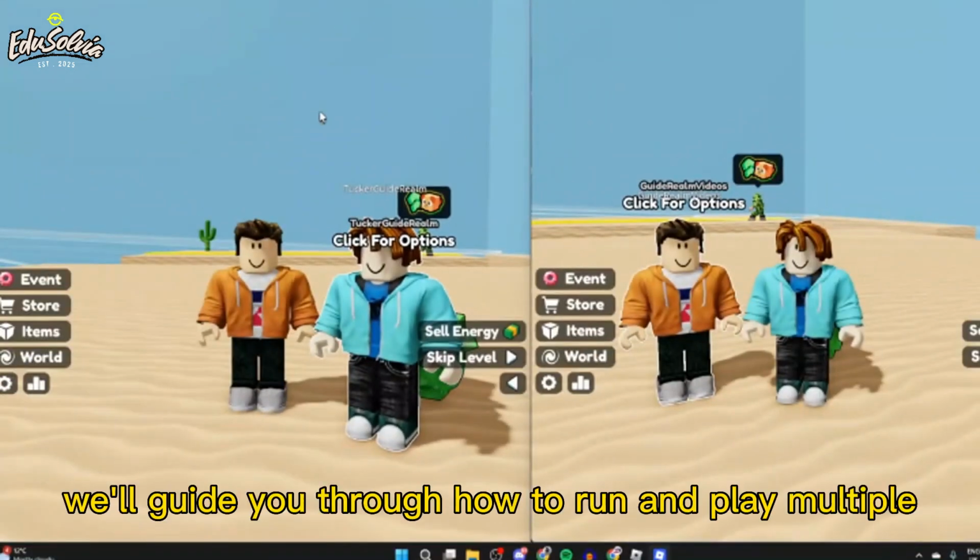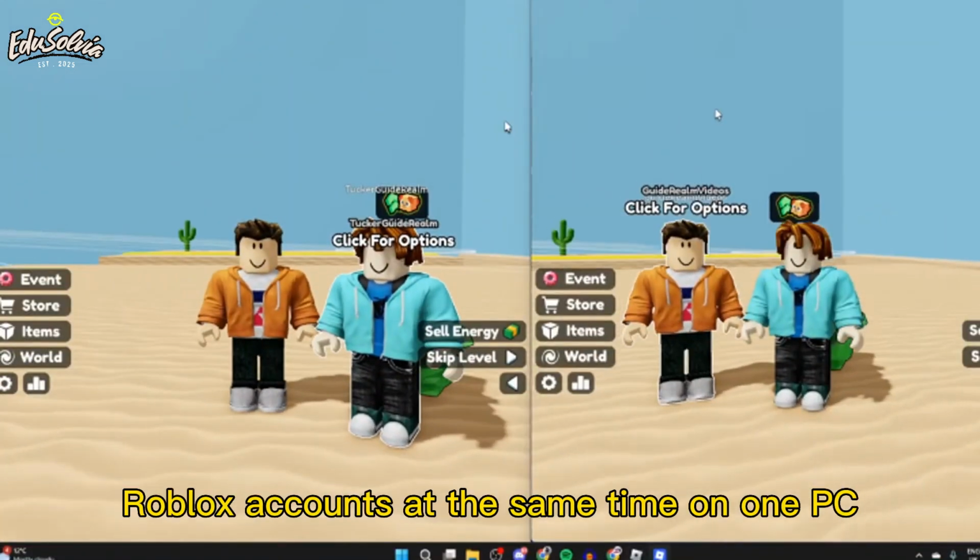In this tutorial, we'll guide you through how to run and play multiple Roblox accounts at the same time on